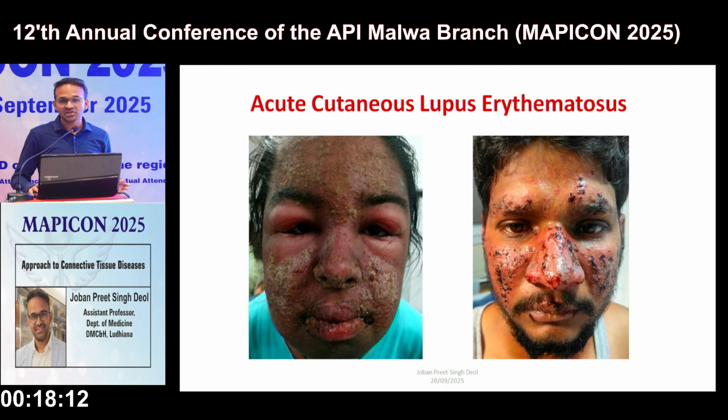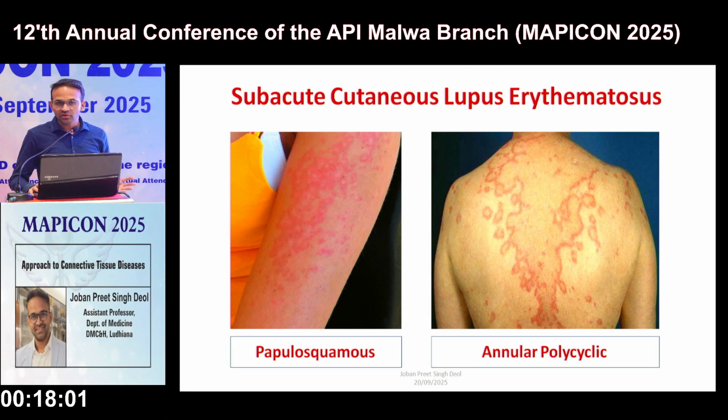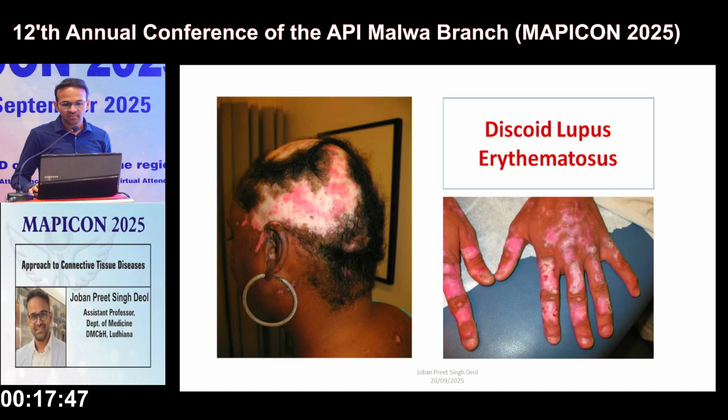If you look at the second image, there is a classical sparing of the nasolabial fold, but if they are too florid, they can at times not respect that sparing, as you can see in the first image. Then they can be distributed over the extensor aspect of the forearms, the nape of the neck, shoulder region, and upper back. These are called subacute cutaneous lupus rash. They can be of papulosquamous variant or annular polycyclic variant. And at times they can be very disfiguring, as you can see in the first image, that is a DLE rash. There is central atrophy, scarring, telangiectasias with a hyperpigmented erythematous rim, and they can cause permanent scarring alopecia,